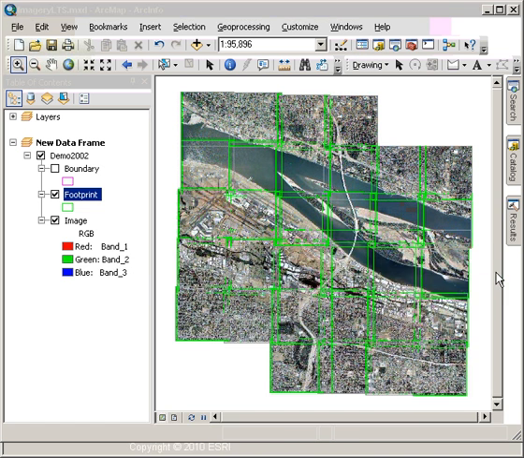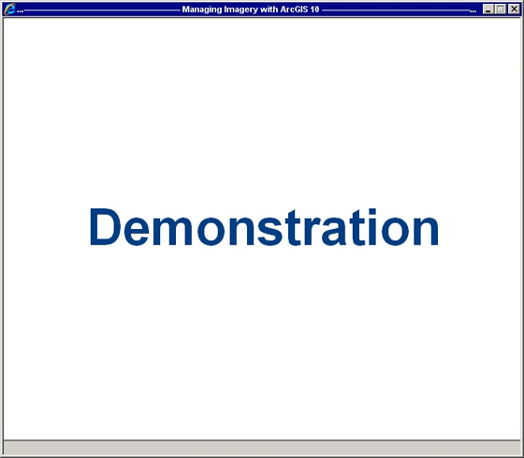So my Mosaic Dataset is ready. I can now provide it to another user. I can use it myself, or maybe I can serve it up. So we'll go back to,